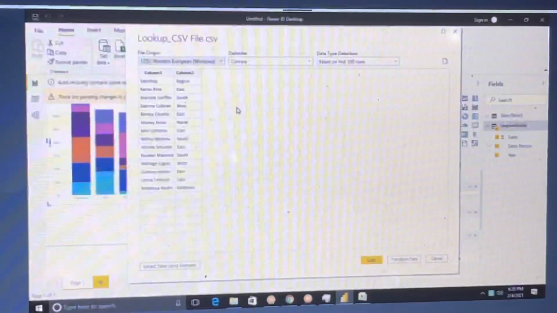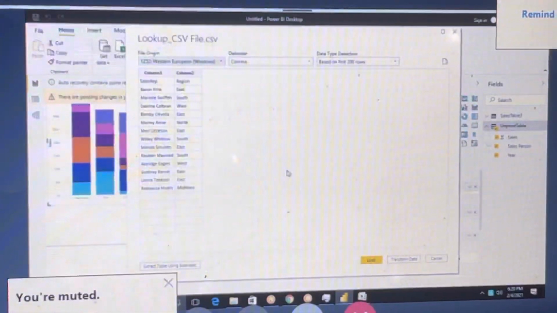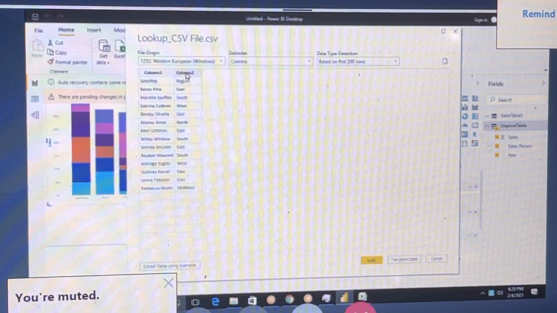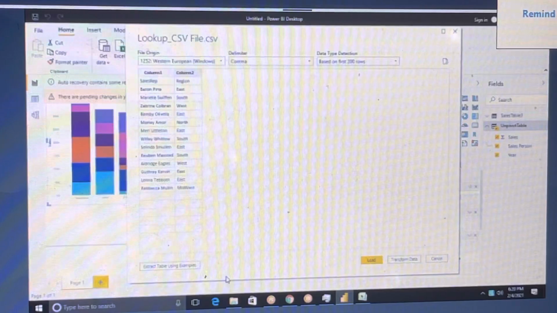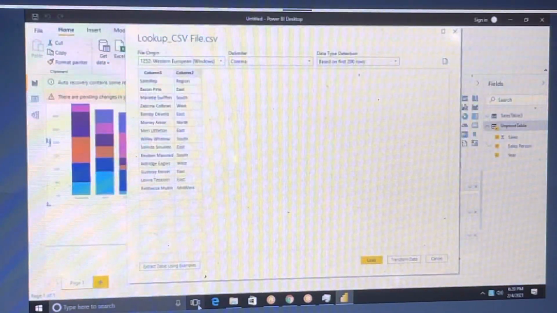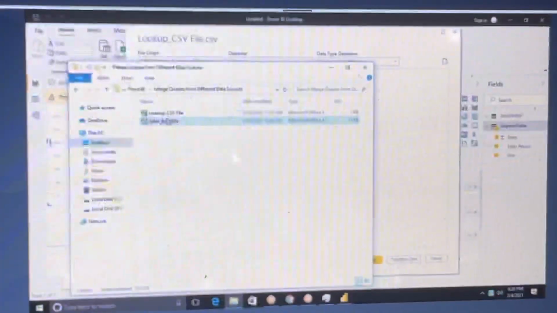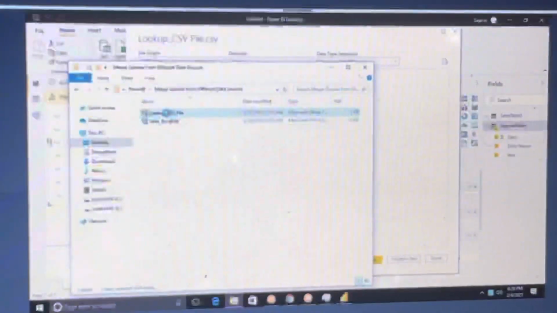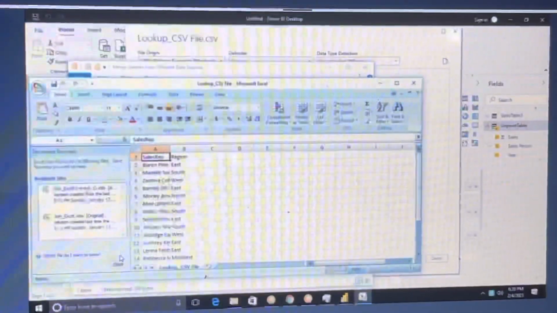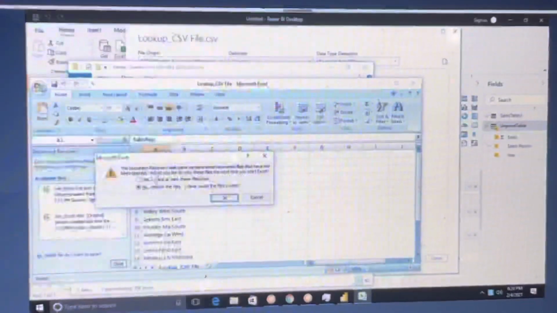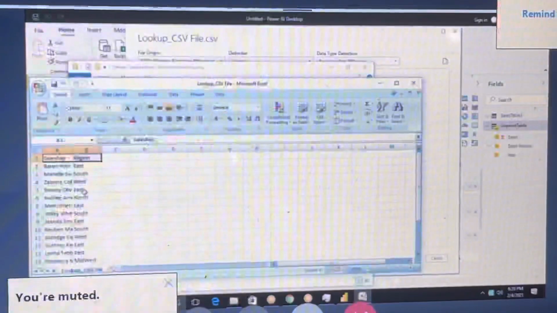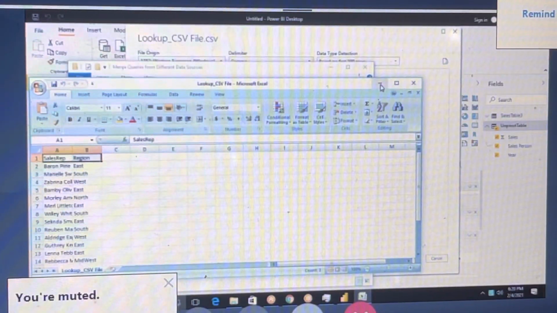Now take this data. I don't know why column 1, column 2 are appearing, since we have the data here.